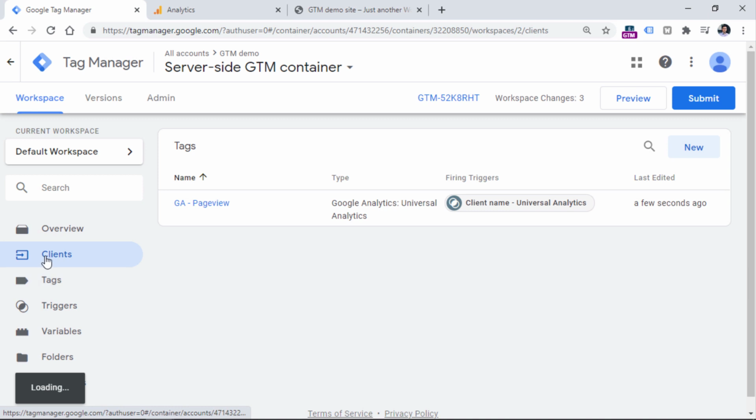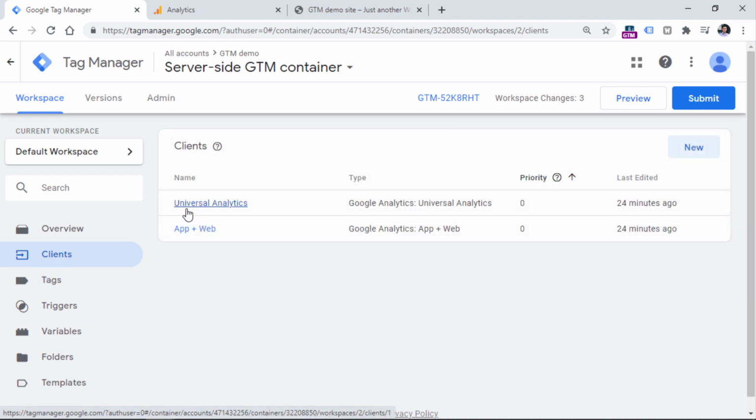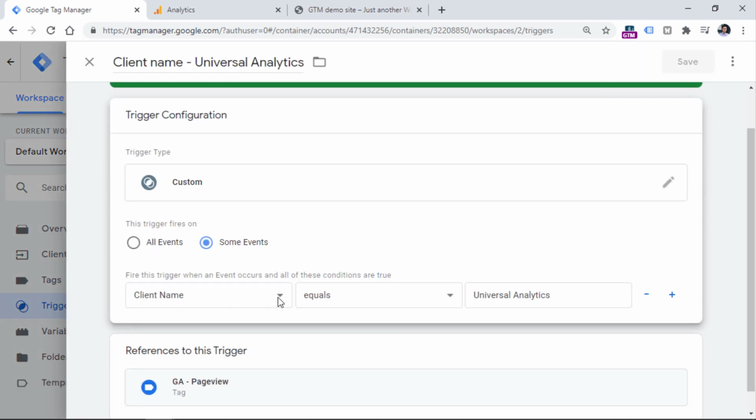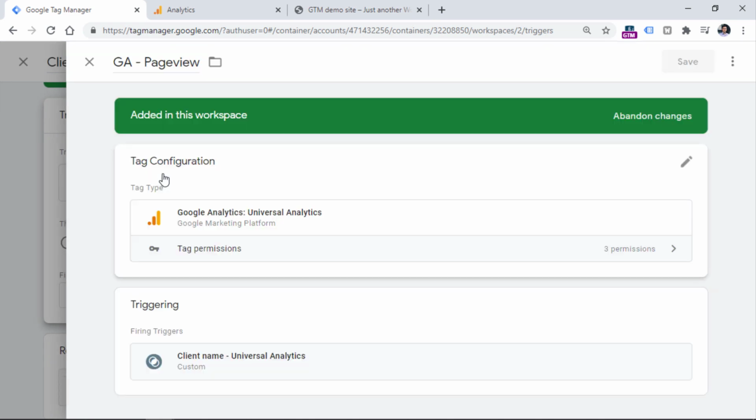I'm talking about this client right here. The name is Universal Analytics, and we created a trigger that is using the condition: if the client name equals Universal Analytics, then our tag will fire. Actually, this is not a good name for a tag in the server-side container, because right now this tag will